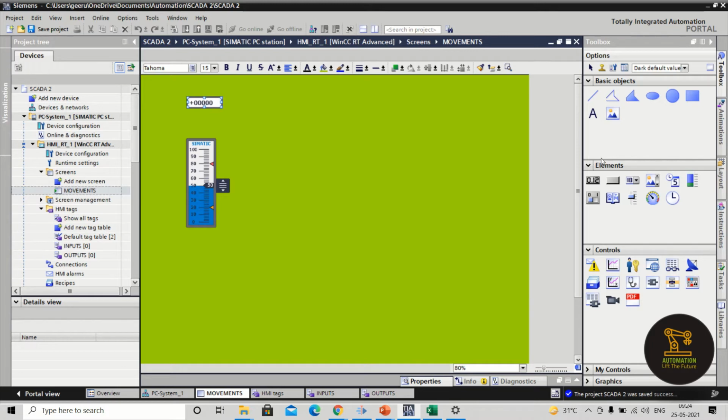As per your feasibility, what I am doing, I am giving it as something like meters. Right? Now go for start simulation.